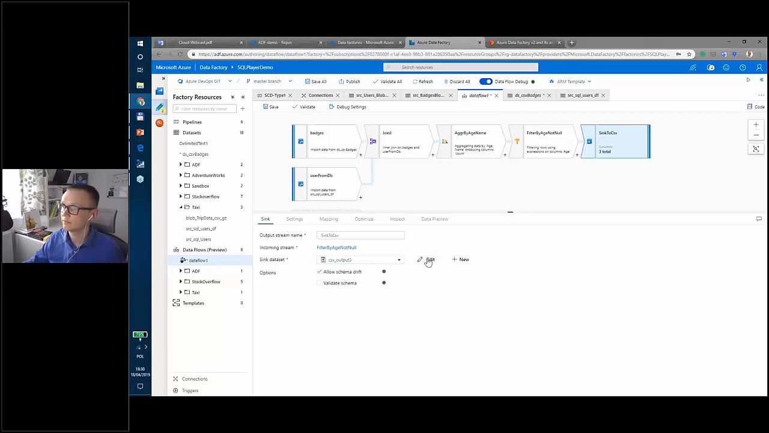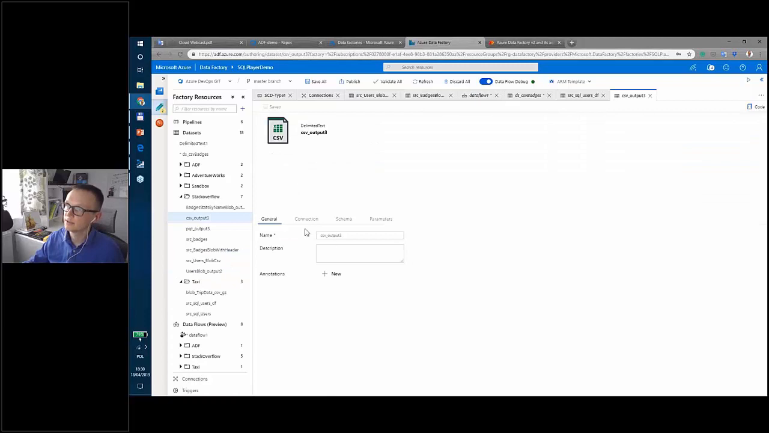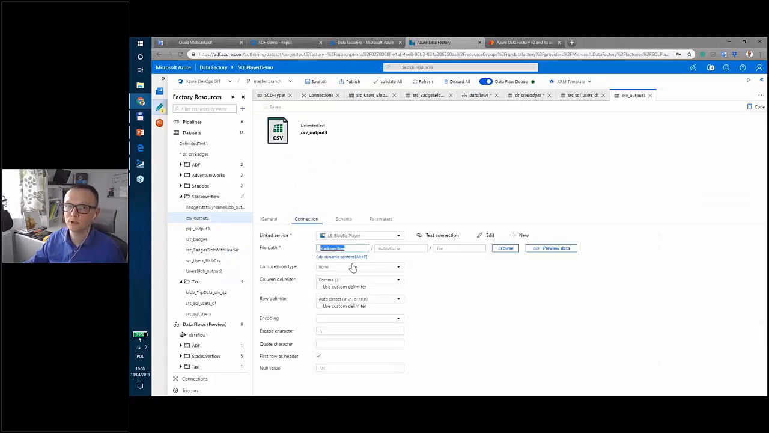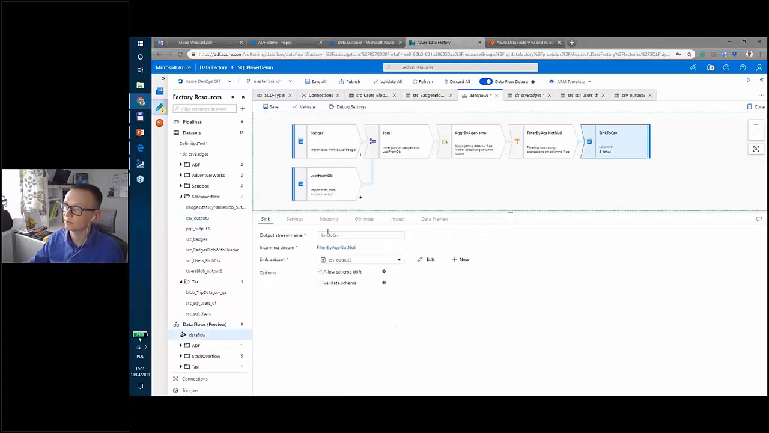Again, I have CSV output 3, which is the same folder in my blob storage, but I have the folder like output3/CSV, where I put my file, which will be defined in the data flow in this sink component. Okay,